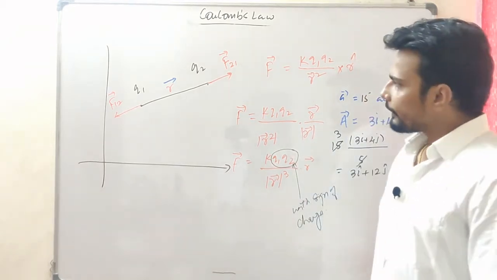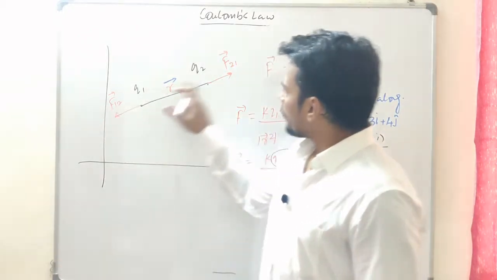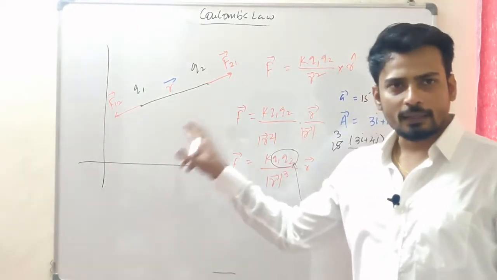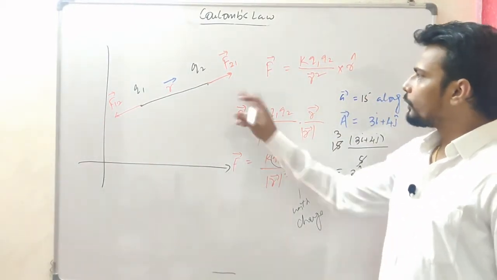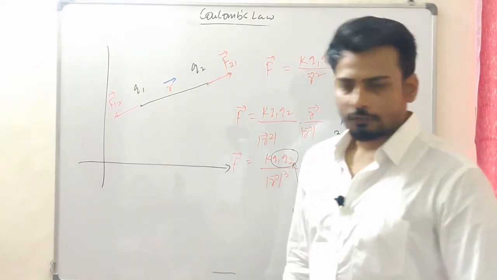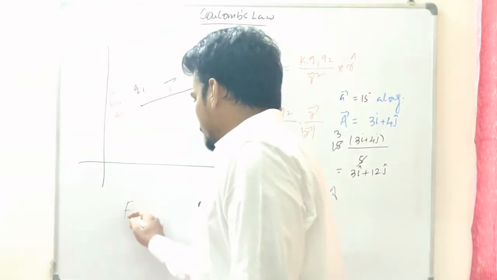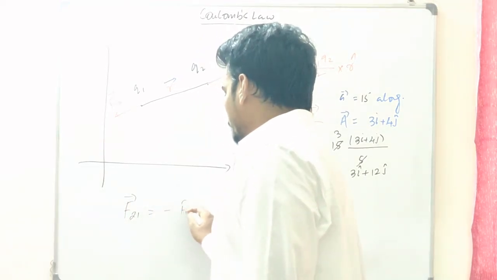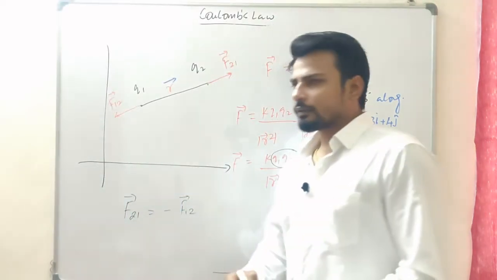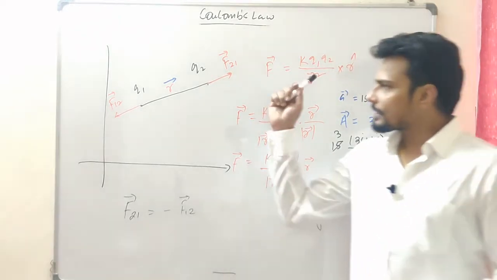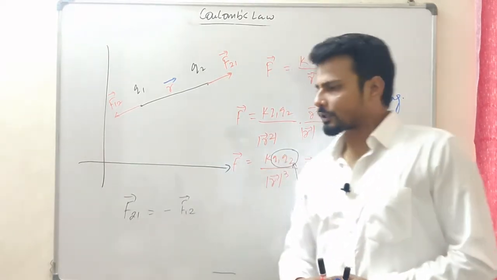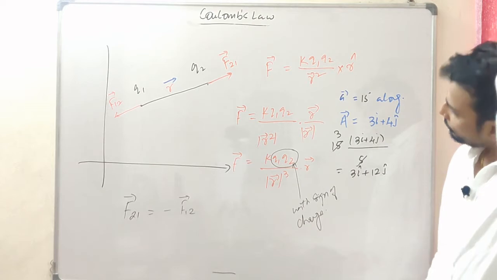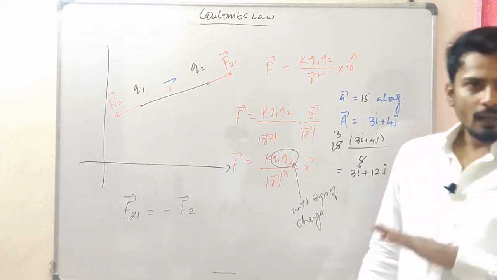Now from here only we get to know that F12 and F21 are opposite of each other, right? So that's how we get to know that F21 is equal to negative of F12. We've already discussed it. Anyway, F21 is nothing but negative of F12 because they act along the line joining the charges. So they're in the same straight line but with the opposite direction. So represent negative for that with the opposite direction. I hope it's clear to everyone.